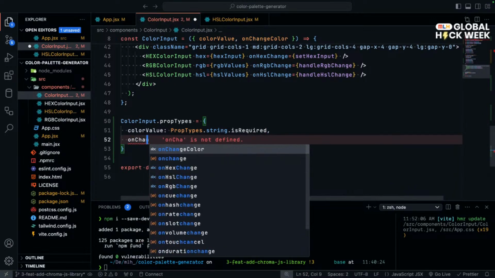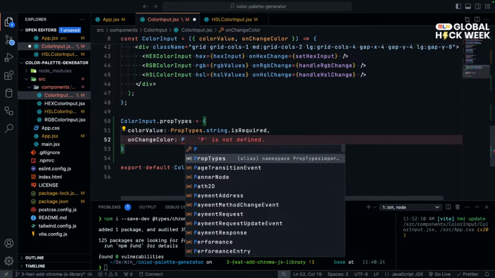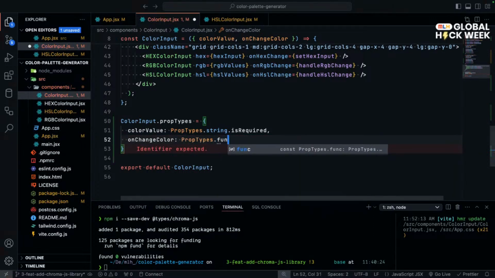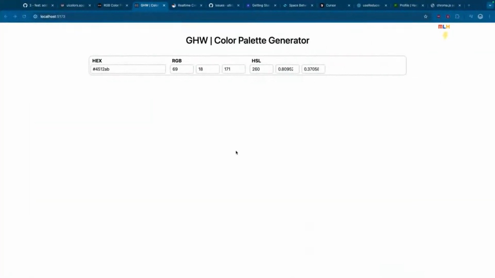And what about the on change color? That should be a function. So prop types dot func dot is required, and I think that should resolve it. So now let's go here. There's a base color set here, there is the RGB, and there's the HSL. And now if I change this thing,